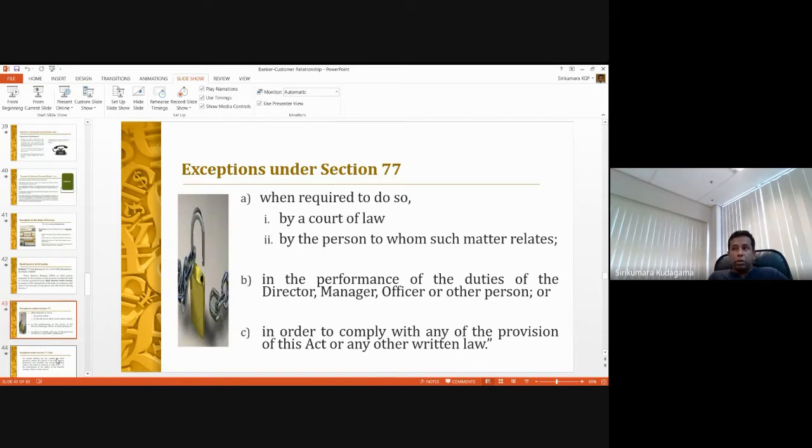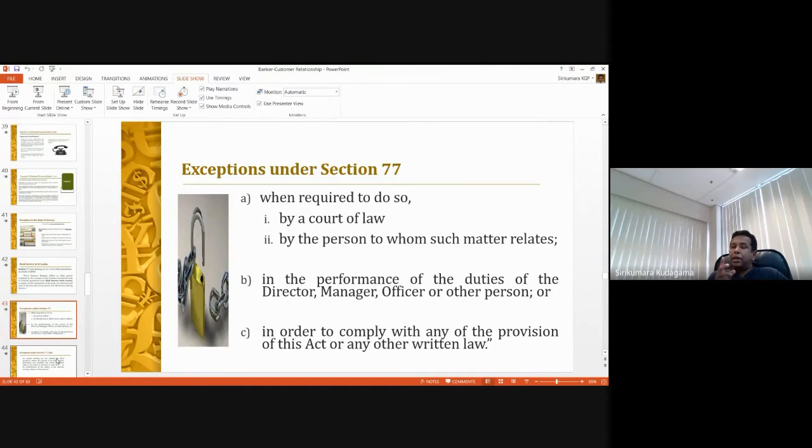I said, no, bankers are duty bound to protect secrecy. Even if you ask them, they will not give you information. Then he said, no, I'll write to them with a copy to you, meaning to me. And after 2-3 days, he has written to the particular bank with a copy to me,